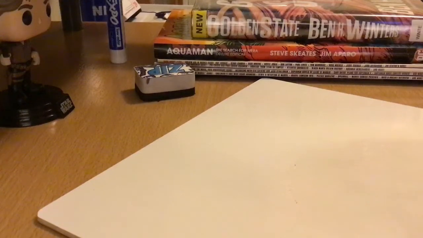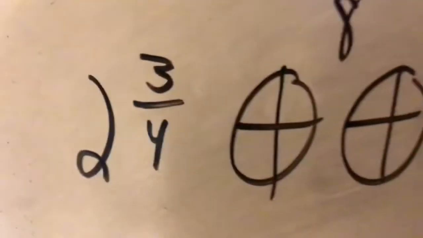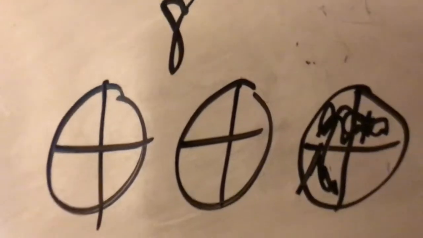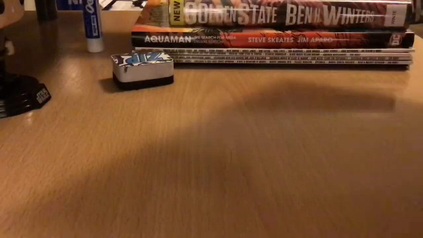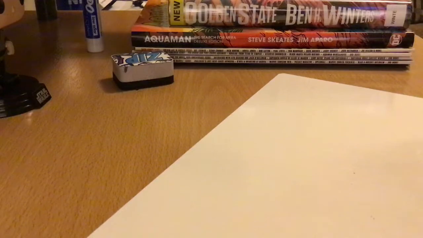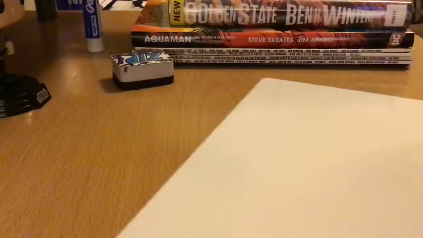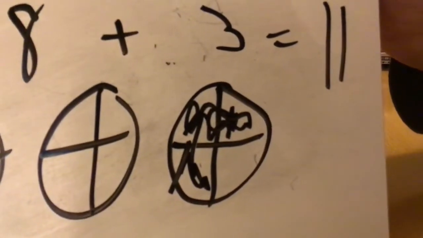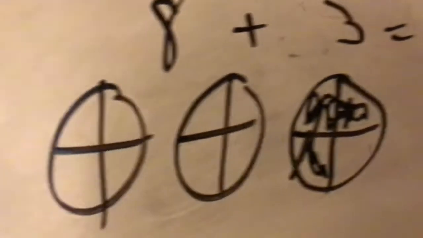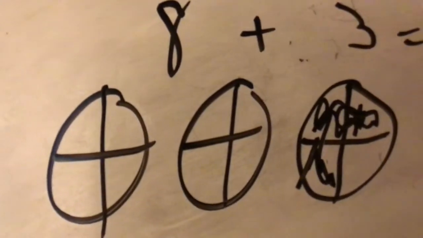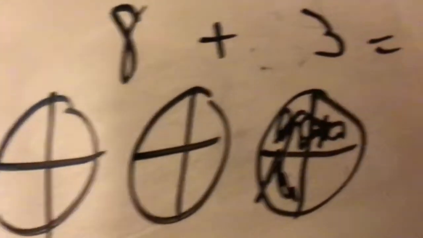So I'm going to draw my third and then shade in quickly the 3 that we have. There we go. So if we have 8 and we're adding 1, 2, 3 more, 8 plus 3 gives us how many fourths altogether? That's right, 11. Let's scoot back so we can see it a little bit more. Okay, there we go. So we multiplied to get to the 8, and then we added the 3 to get